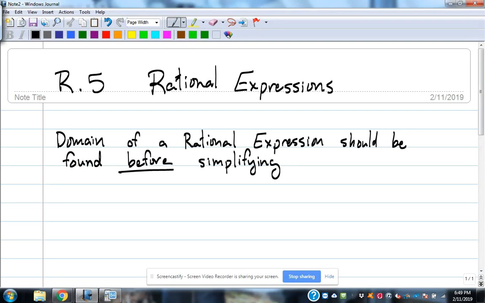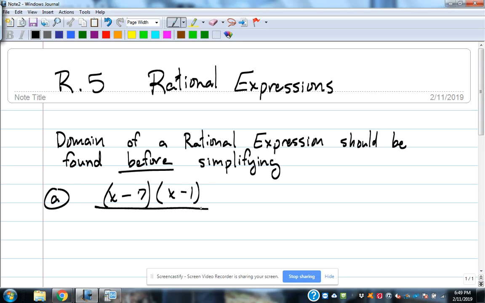All right, so rational expressions, fraction expressions. Finding the domain of those things, that's the restrictions on the X values. To find that domain, you've got to do that before you simplify. And so when we're looking at that, let's look at just a rational expression, x minus 7 in parentheses, x minus